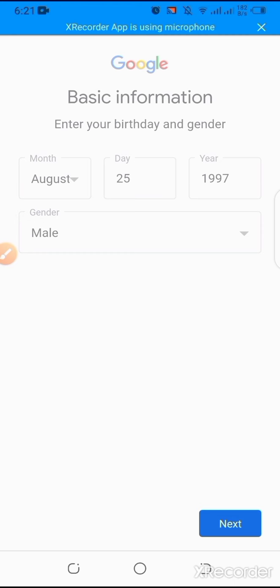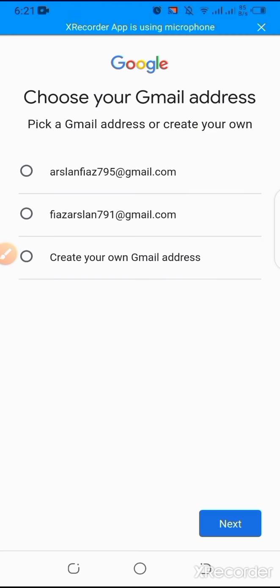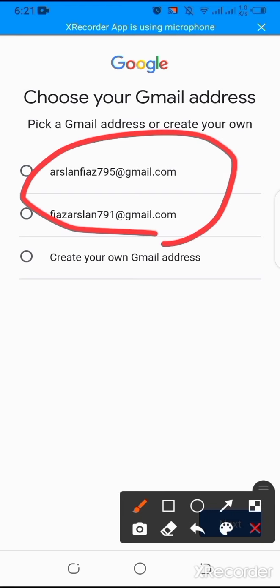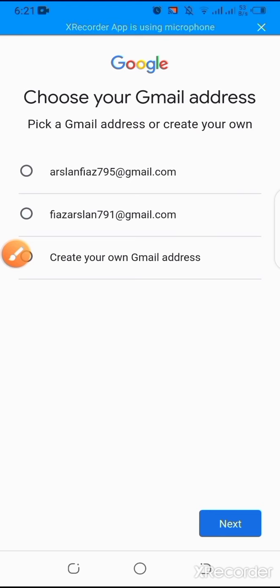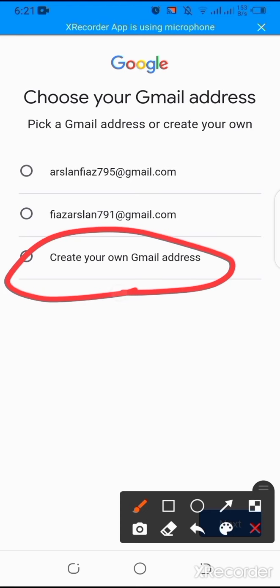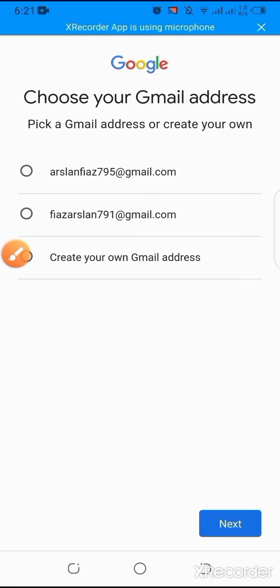It's taking time, you have to wait for it. Okay, they are suggesting some emails like this. I have a few options here. I can choose these emails, but I can also create my own. If you want to create your own account, then you can simply click on this option, create your own Gmail account, and you can create your account by your choice.